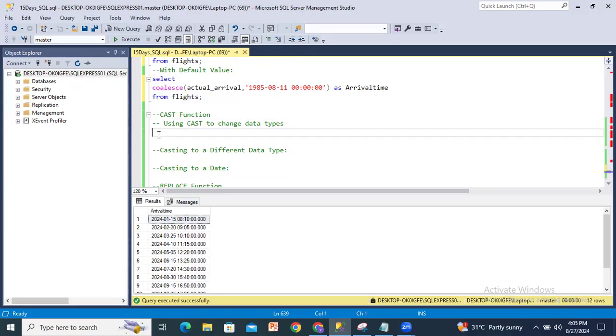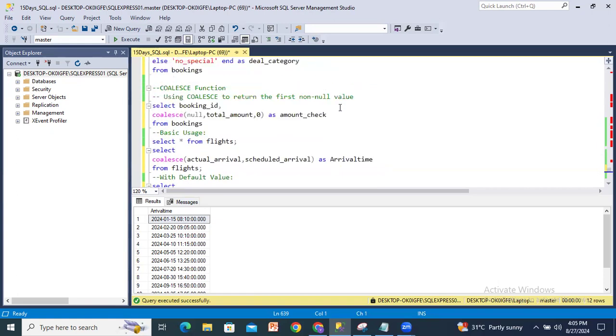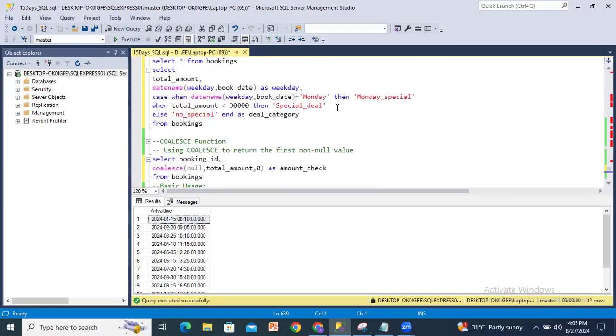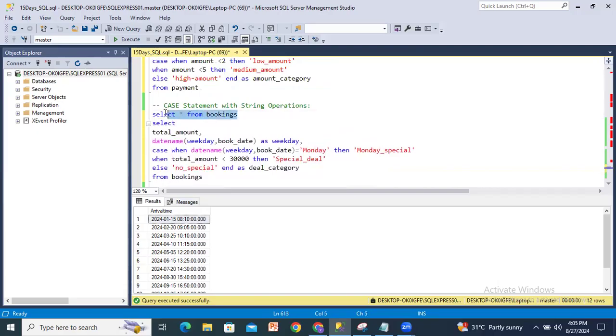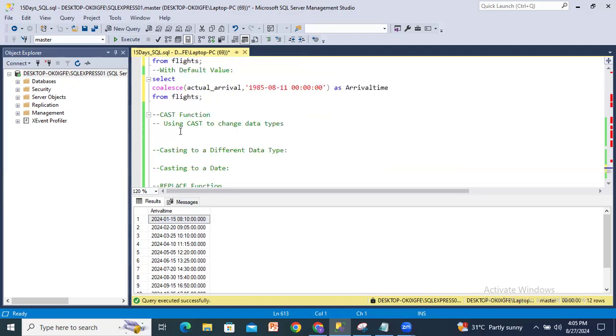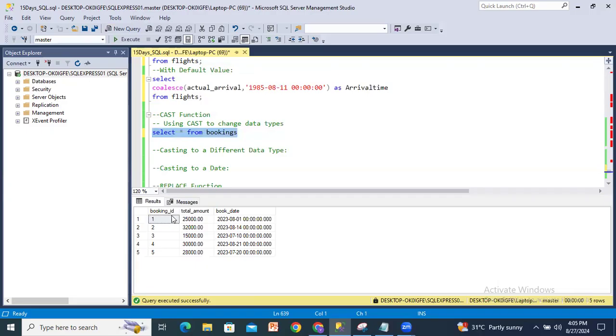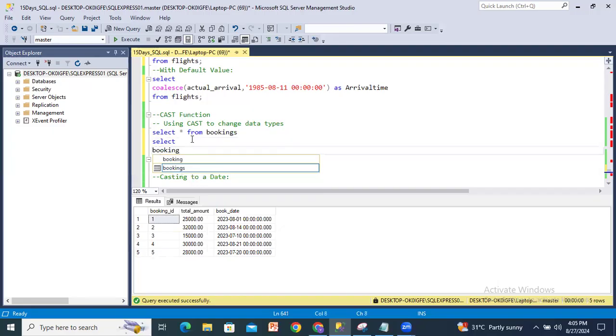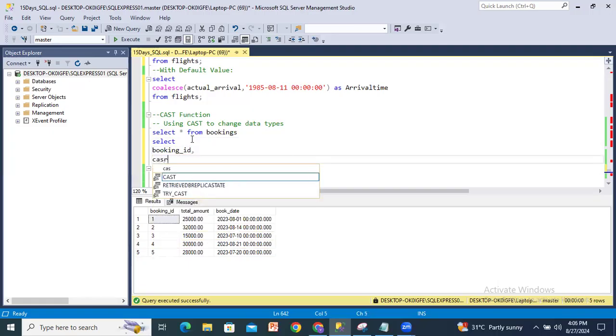So next we'll move into the cast function. Cast is mainly used to change data types, to move from one data type to another. Let me copy this, select star from bookings. If I execute here, I have booking ID, total amount, book date. Now I will try to change some of these, booking ID, comma, cast of